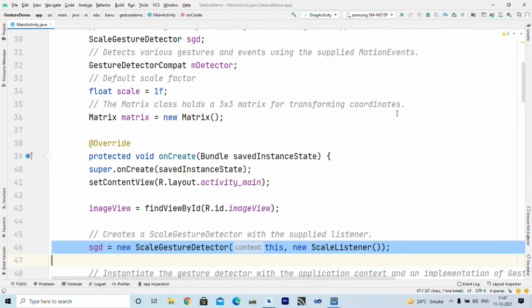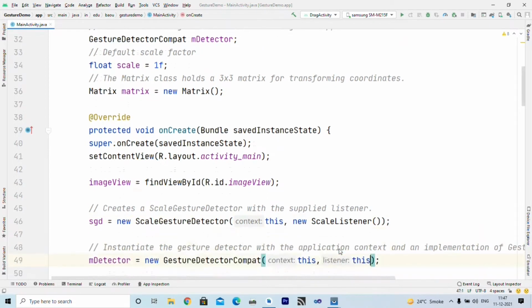Then we have to create a ScaleGestureDetector instance. So I have written sgd is equal to new ScaleGestureDetector, where the context is the activity itself and the listener is this scale listener. Now what is the scale listener?